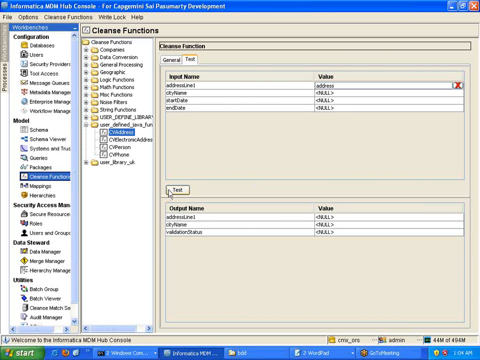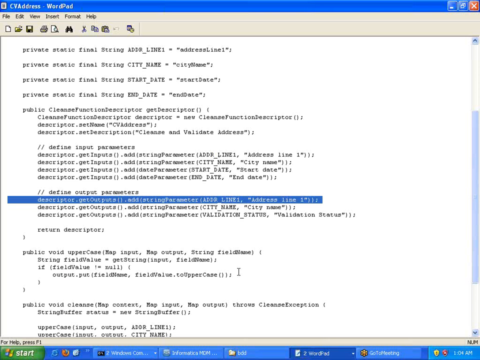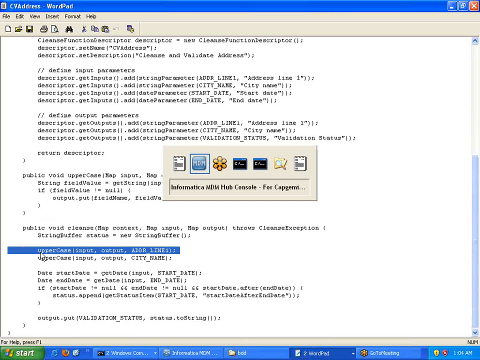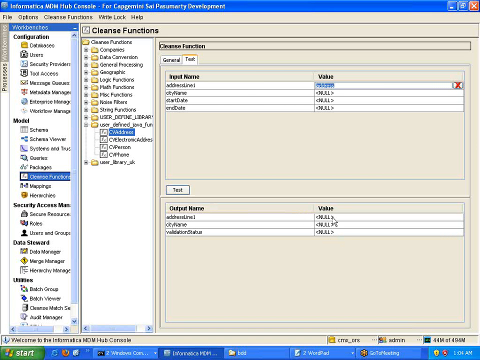Now if you just say test, as per the Java code, it takes this input and populates the output. In between, it converts lowercase characters to uppercase. Here we pass lowercase, then click on test. In outputs you will have uppercase characters. Can you see here? This is the address, in uppercase.